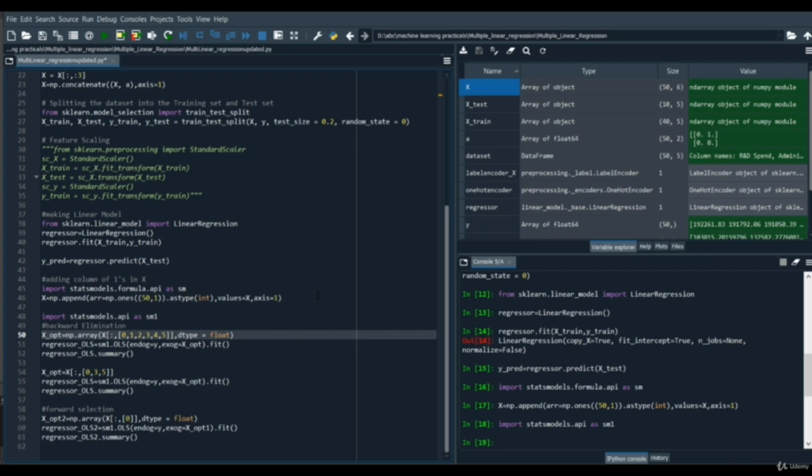Similarly, in forward selection, we are going to start with one independent variable, and we are going to keep comparing its relation with our dependent variable. If it is quite related with our dependent variable, then we are going to let it stay in our independent variables, and then we are going to add another independent variable, and compare the relation of the second variable with our dependent variable and check whether they are highly related or not.